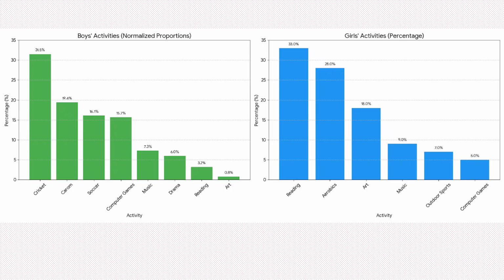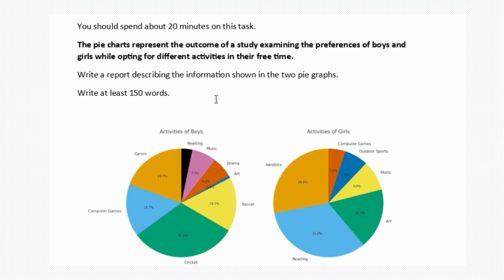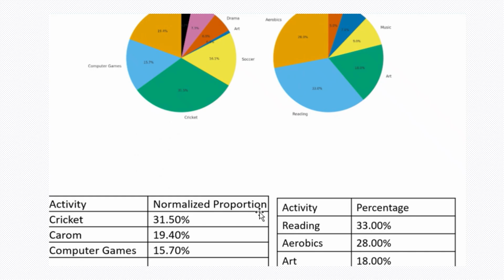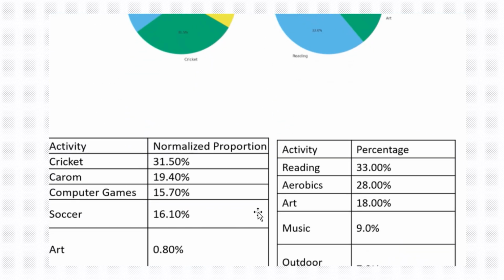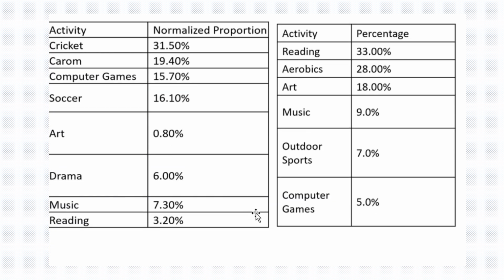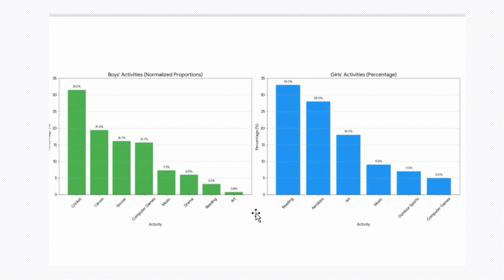And if you go back to the same pie graph, you can see we already have written the introduction. This is the information: the pie charts represent the outcome of a study examining the preferences of boys and girls opting for different activities in their free time. Now, there are a few observations that you need to make. Like I said earlier, to reiterate, the same data can also be represented through tables like this one, or maybe through a bar graph or maybe a line graph. Anyway, so what are the key observations here? The key observations here are number one,